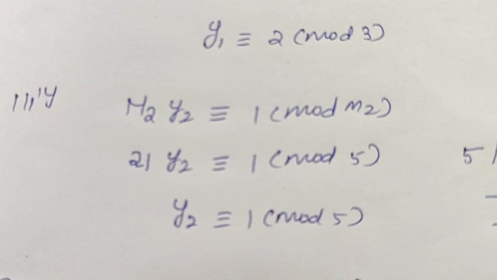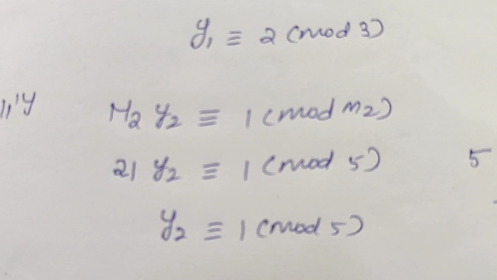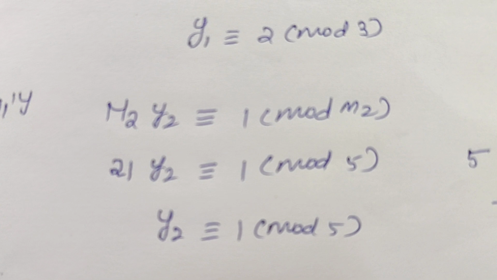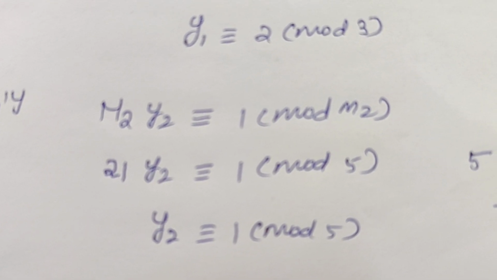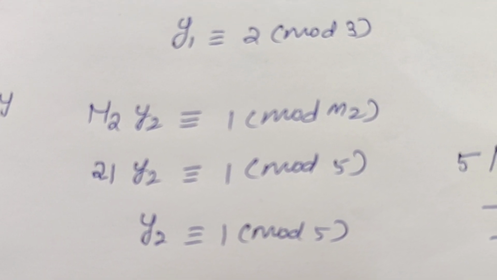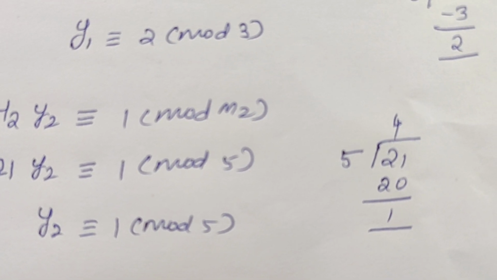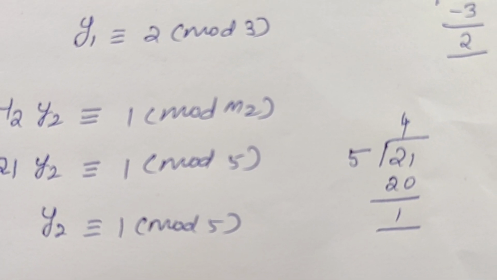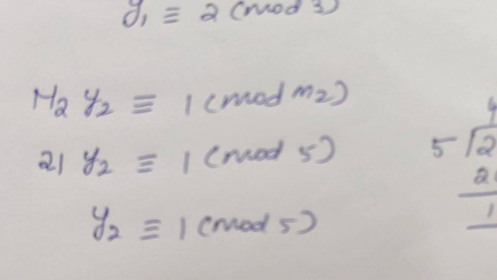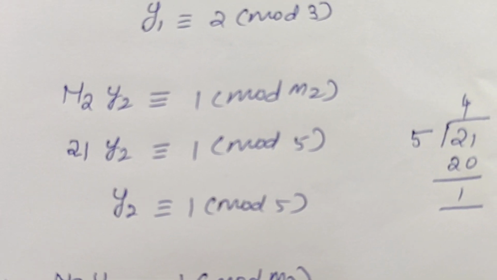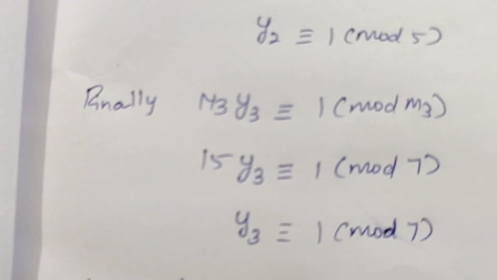So here I use the formula capital M2 y2 is congruent to 1 mod small m2. Capital M2 value is 21 and small m2 value is 5. So here also the coefficient of y2 is greater than the divisor. So I use the division algorithm. When I divide 21 by 5, I get the remainder equal to 1. So this equation may be written as y2 is congruent to 1 mod 5. Finally,